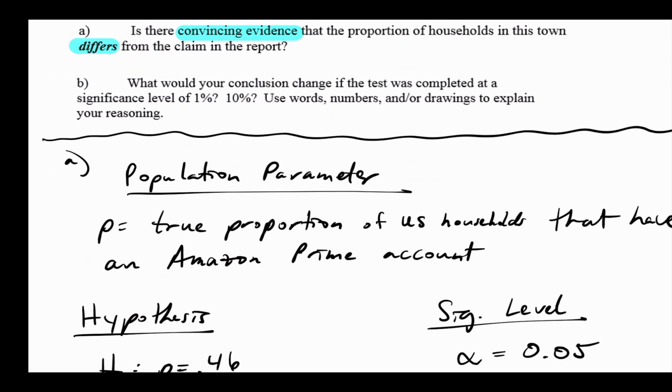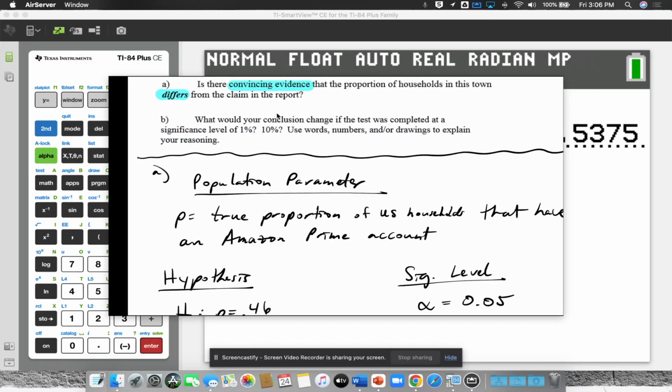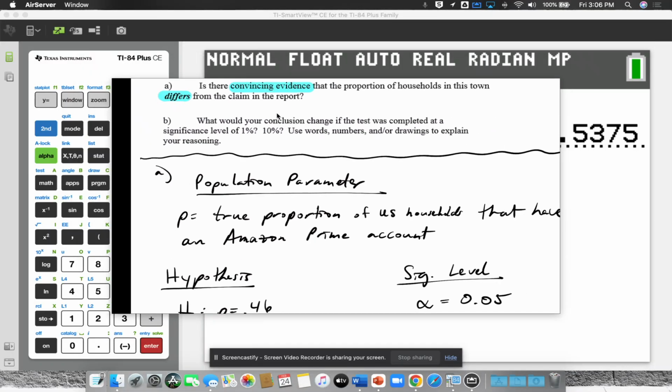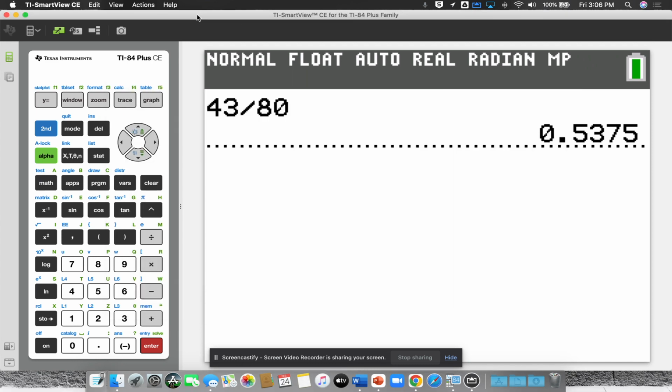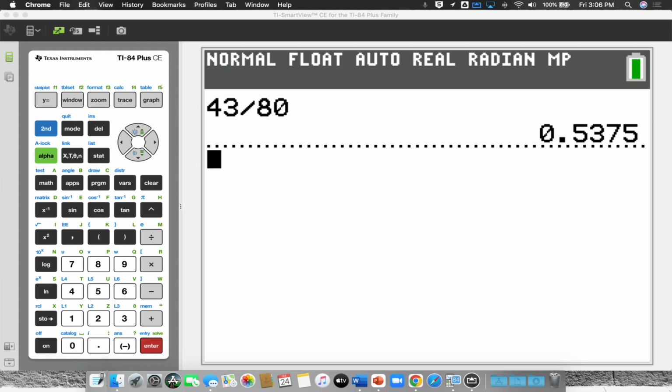Okay, one more thing I want to show you before I let you guys work: the calculator. The calculator will do the calculations for you, just like it did with your intervals, right? So get your calculators handy. I'll show you how to do that. So we're going to do these calculations